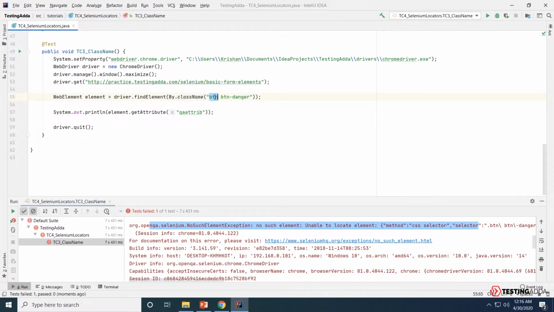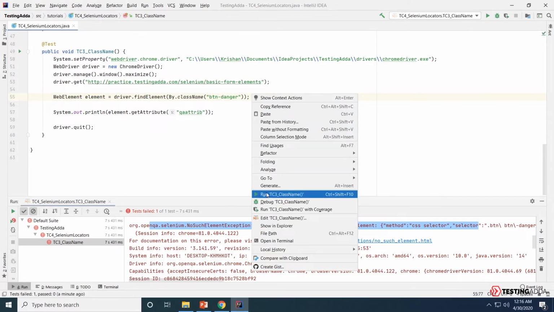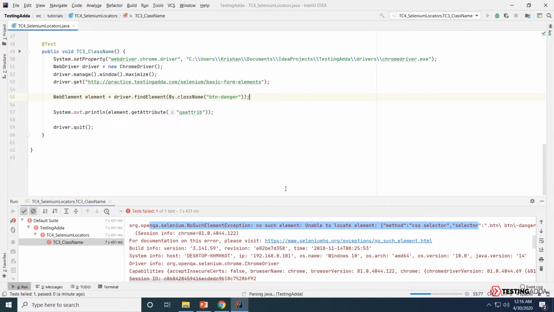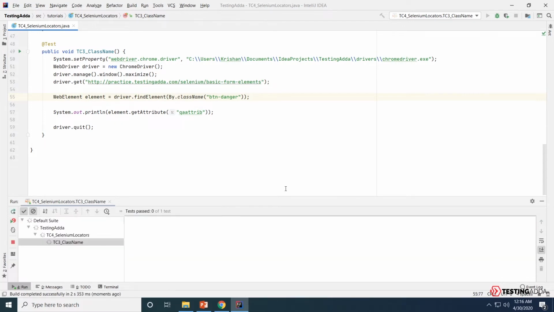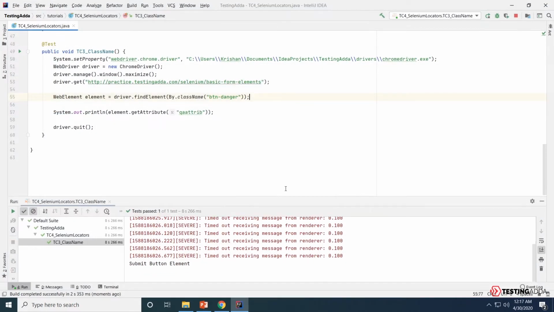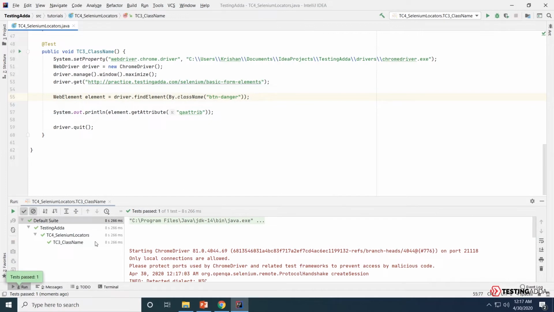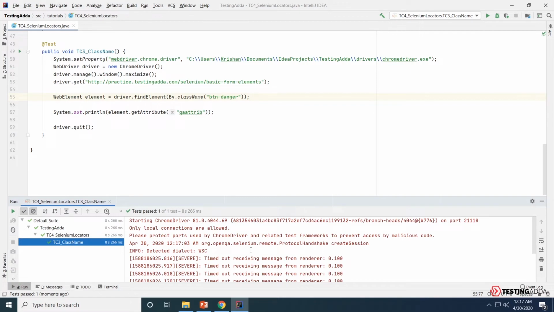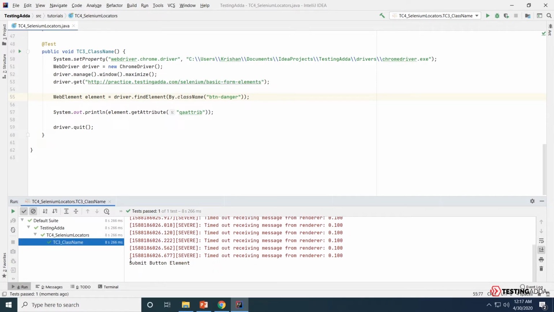In this case, I'll go ahead and remove the btn class and try executing this method again. Now, as you can see, the Selenium script was able to find the element correctly, and the QA attrib value is submit button element.